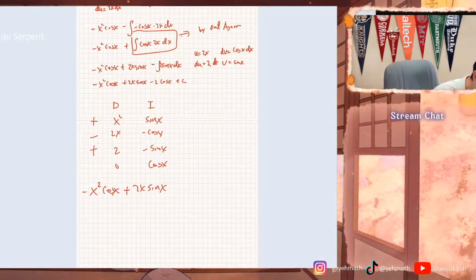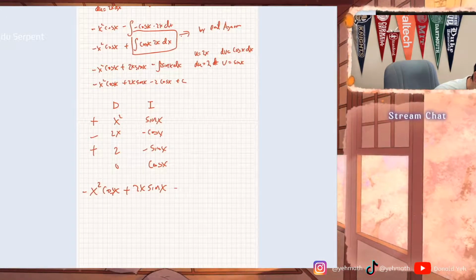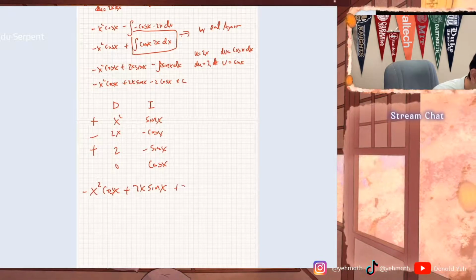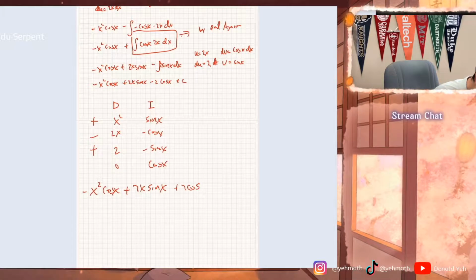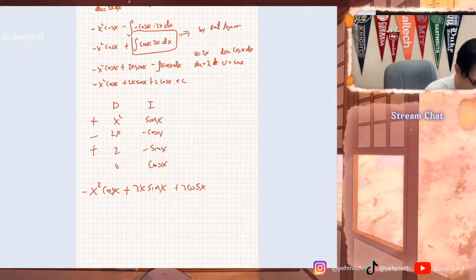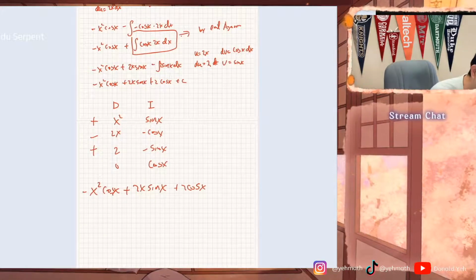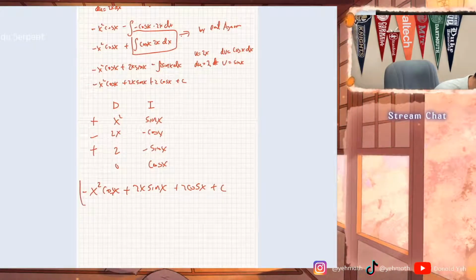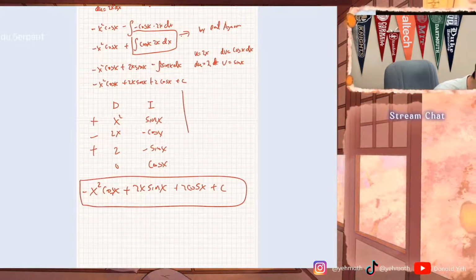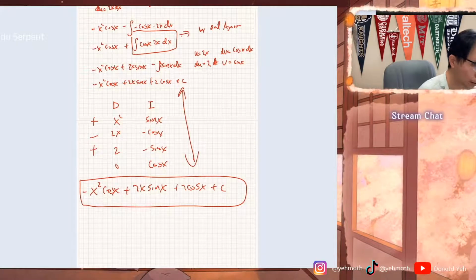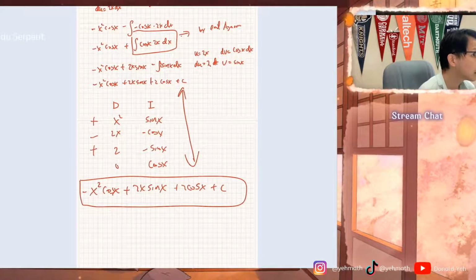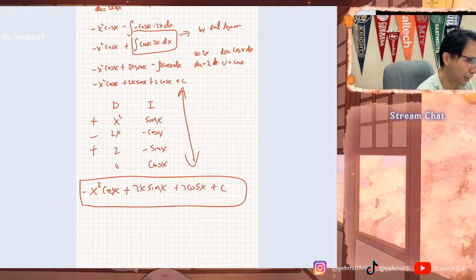And last one is what? Plus 2 cosine of x. Oh, this is a plus, sorry. This is integration of sine of x is plus, so plus c. Same answer as this one. So you stop at 2. Wait,